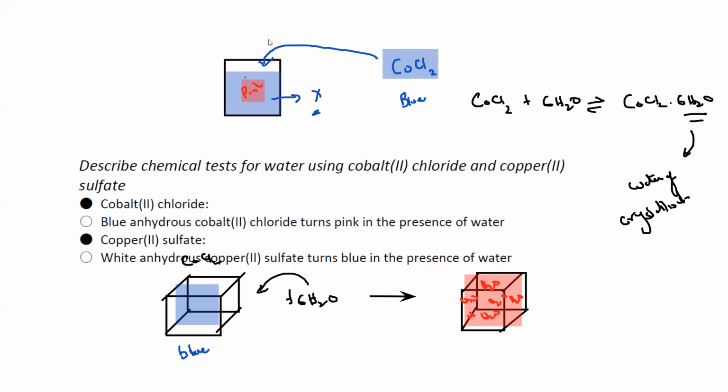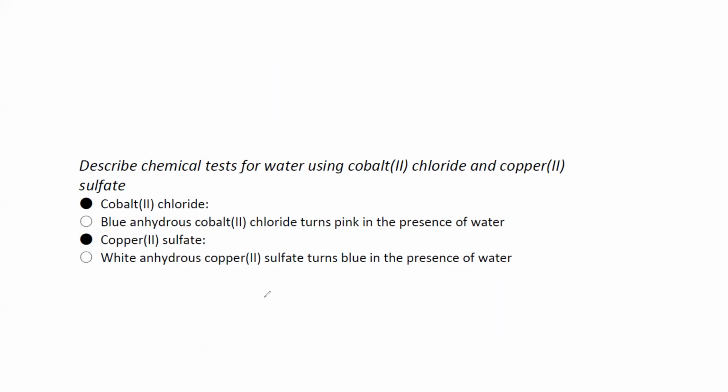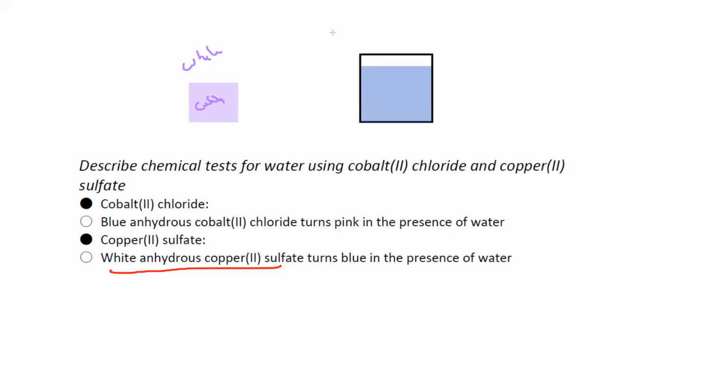Also, there is another way to test. The second way, we can use anhydrous copper sulfate, which is originally white in color. So if we want to show that the liquid is water, how can we identify it? When we add this copper sulfate to a container filled with a liquid, if it changes color and turns blue,